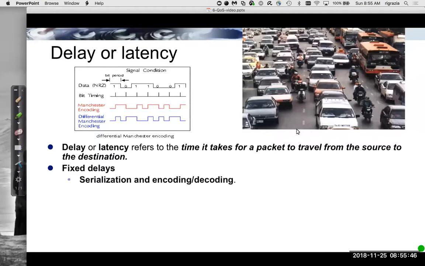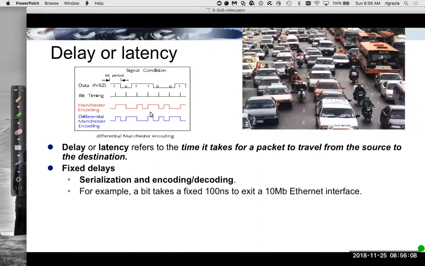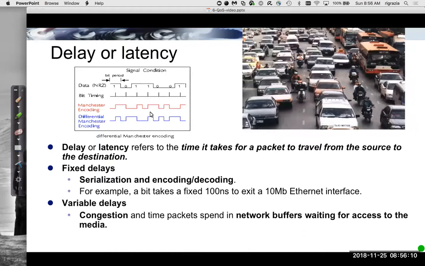I mentioned fixed delay: serialization, encoding and decoding, just what it takes for these bits to be serialized across the link, to actually be converted from the zeros and ones to the physical representation of those zeros and ones going across the wire. Variable delays, we talked about that, about congestion and how much time it spends in the network buffer waiting to be